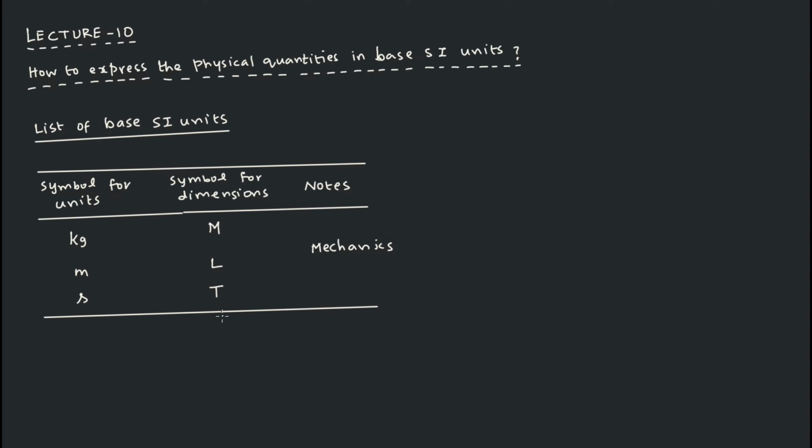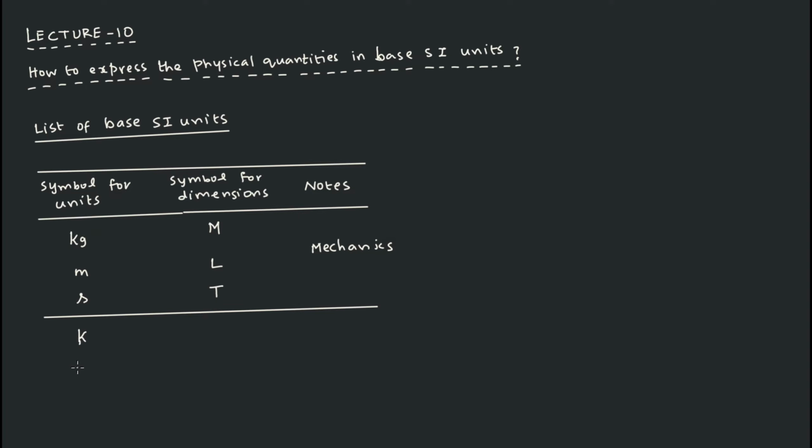Now once you finish your mechanics and you are going to learn thermodynamics, for example, usually that is how the courses are organized, right? After the mechanics you study thermodynamics. These three of them are not sufficient. You need something extra. The one that is extra required is the Kelvin, the unit of temperature,